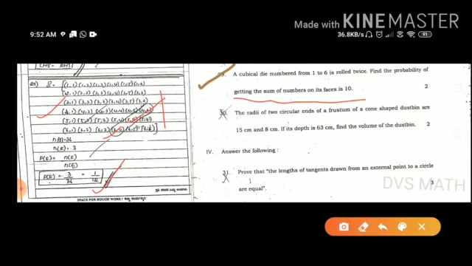So if it is a dice question, it is better to write the outcomes. Please write the outcomes and mark them, and it is very simple if you know the concept. If you write like this, it will be very simple to identify the sum. They may ask for some product like that, and you can easily identify it. Otherwise you have to think and write, so it takes time.